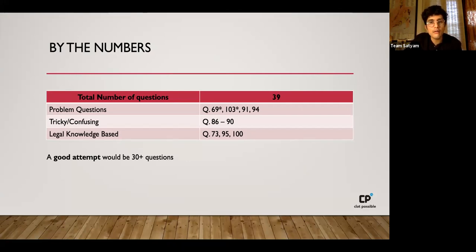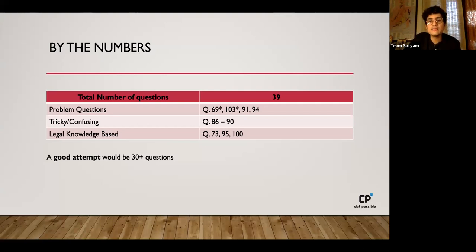Tricky or confusing are the questions on mob lynching, because these were not the ones where you could have arrived at the right answer by looking at the passage itself. You were required to have some amount of social legal awareness about the issue of mob lynching and about the idea of a democratic India where decisions are not taken by the whim of the majority, but by a proper exercise of rule of law. All right, so 86 to 90 fell in that category, if not wrong, but somewhat vague when it comes to the contents of the passage.